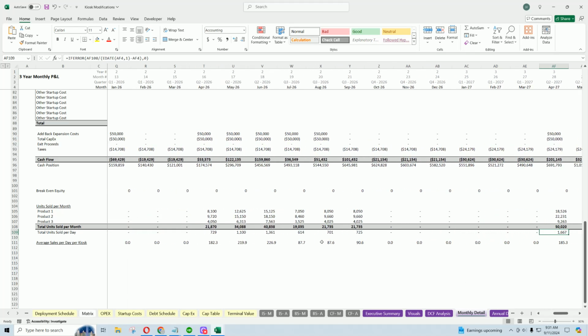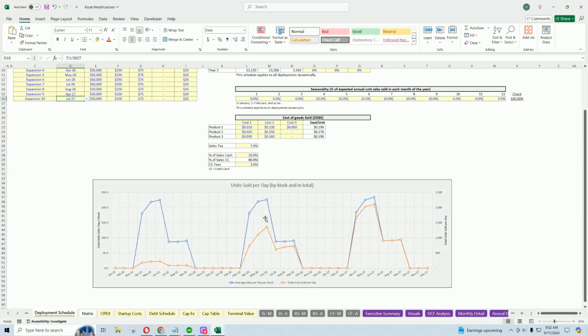So here, this is total units sold per day across the entire, all of the deployments. And remember, this is per day in the month that there are sales. So this average is only based on this average here in blue, average sale, or this one in yellow, total units sold per day. It's 0 for many of the months that have nothing, and then here, so you're doing 700 a day, 1100 a day,